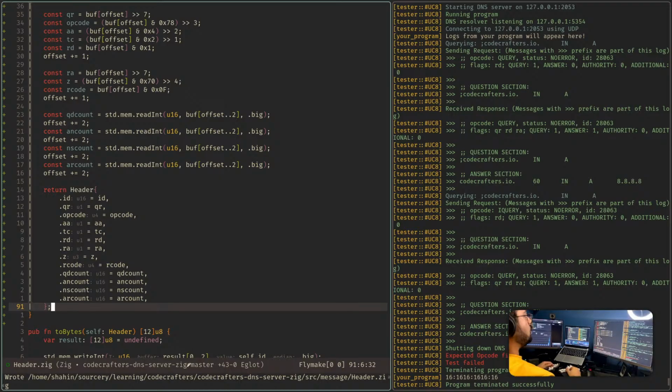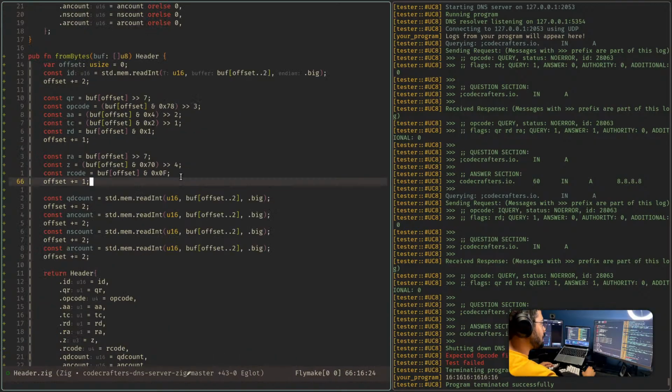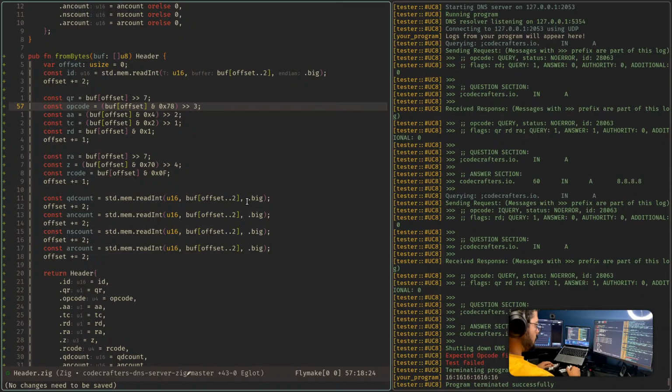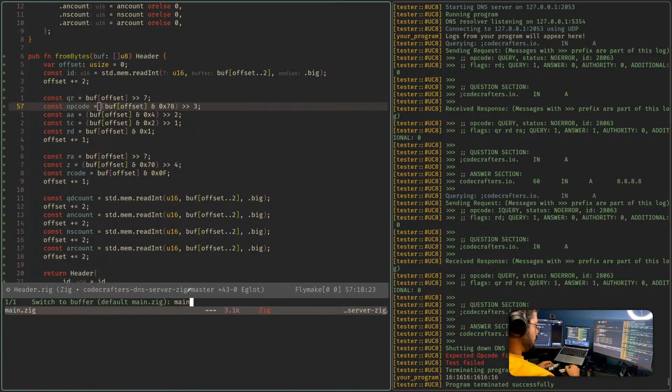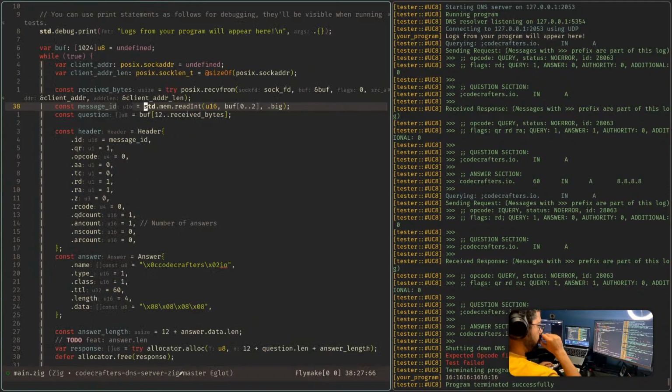This looks like what I want, but I'm still not sure about this piece. But we will figure it out. And then inside the main function, what I need to do is